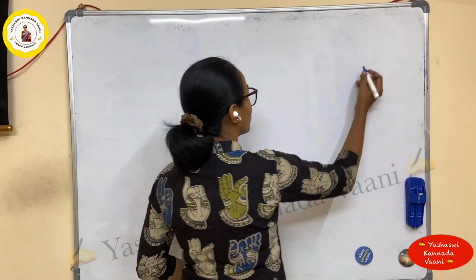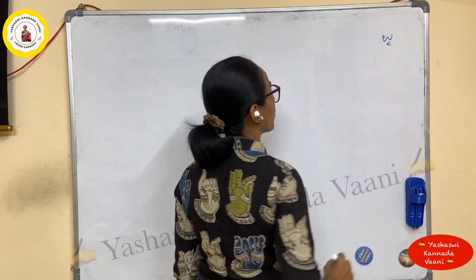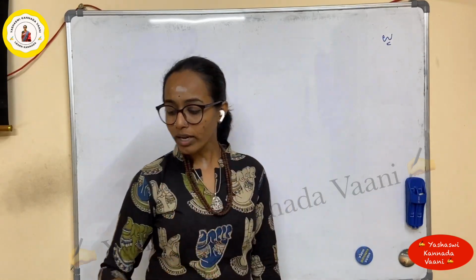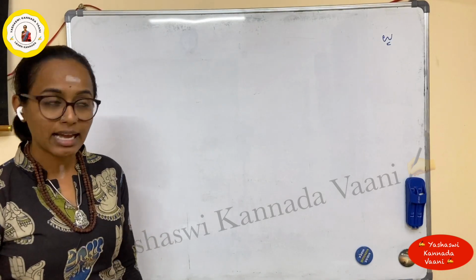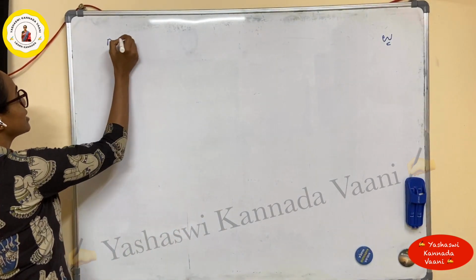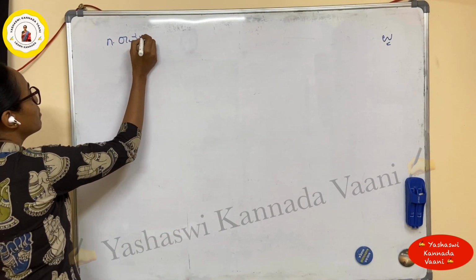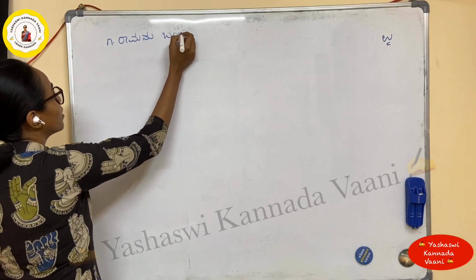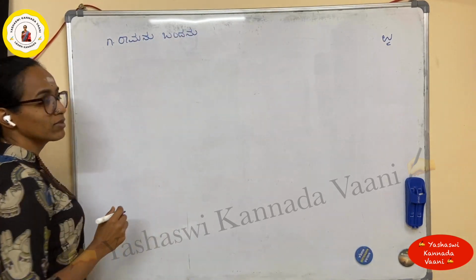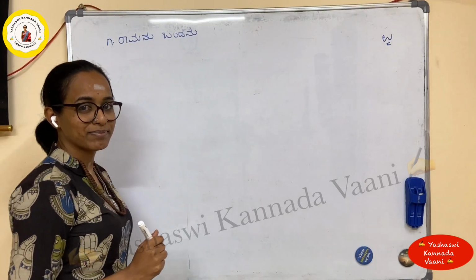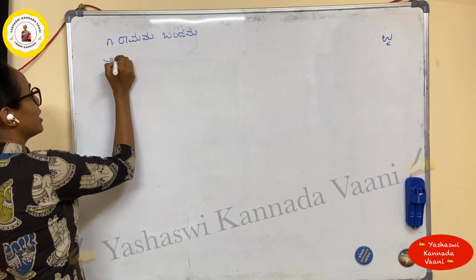For the Prathama Vibhakti, we know it's a U. Okay, so U in the end barate. What are the sentences that I can write? The first sentence I can write as Ramanu bandanu. Rama came. Ram ne aaya. Okay. Next one I can write